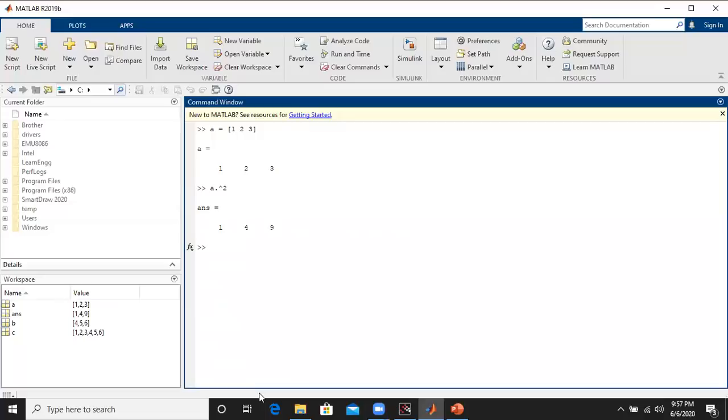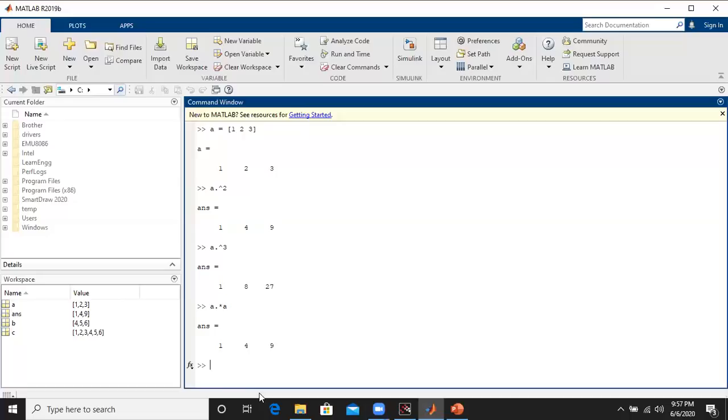If we want to find the cube of the elements present in that vector, you have to type A, then dot, then cap, then 3, then you can find 1, then 8, then 27. That means the elements of the row vector are 1, 2, 3, so the cube of each element will be 1, 8, 27. In the same way, let us consider A dot star A. It itself says that it is A square, right? So we get 1, 4, 9. This way we can find the powers of the given vector.